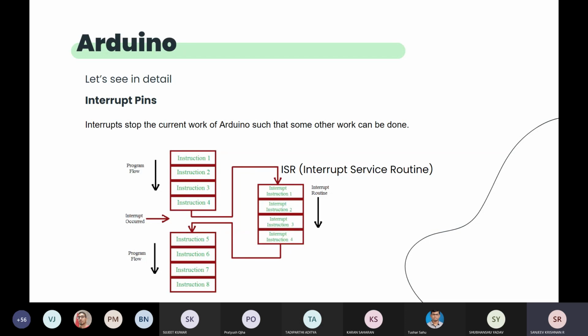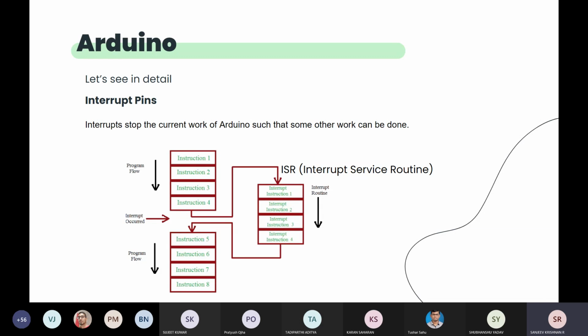So it is doing some function, and in between some interrupt occurs, something is getting interrupted, and then it goes to the new function. After it finishes, it comes back to the left out place, right? Same thing here. In Arduino, I told you it can execute only one instruction or one statement at a time. It cannot handle multiple statements.